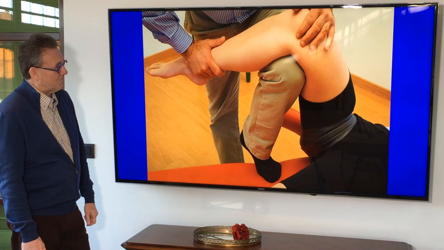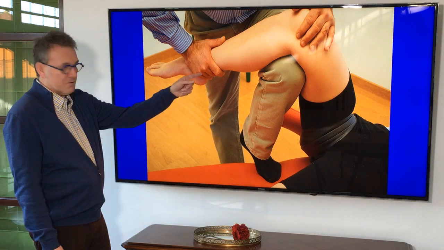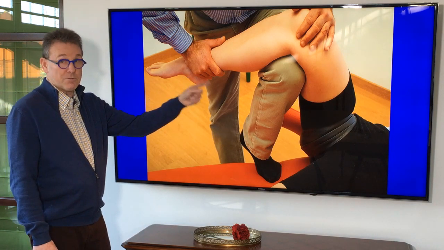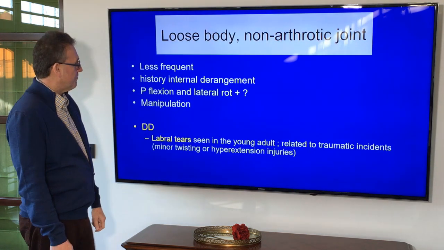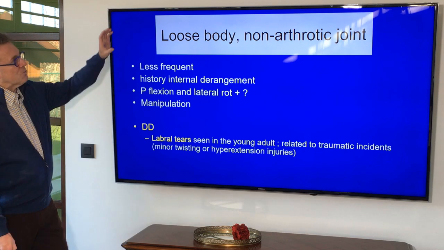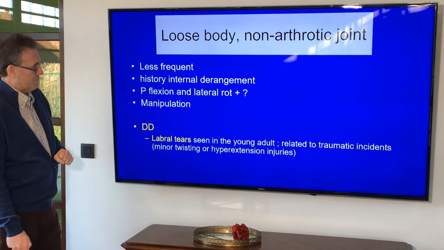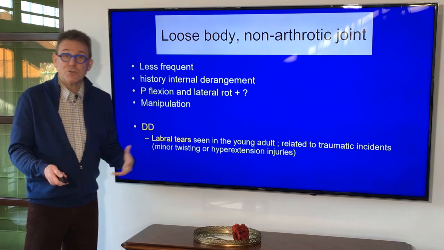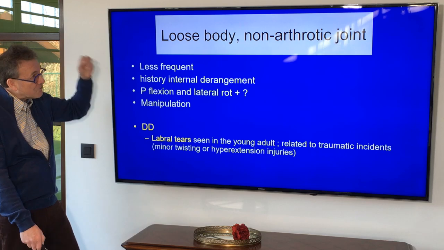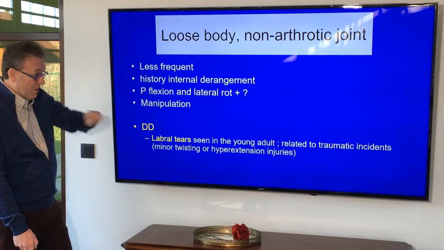Yeah? For instance, if the patient would have osteoporosis, this kind of technique is contraindicated. Yeah? There could also be a loose body in a non-arthrotic joint, but this is not so frequent. Yeah? Okay, the manipulation stays the same, but we have to make a differential diagnosis with a labrum problem, specifically